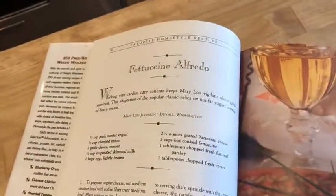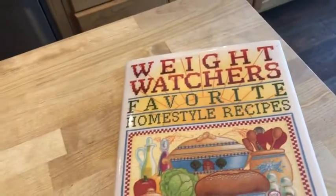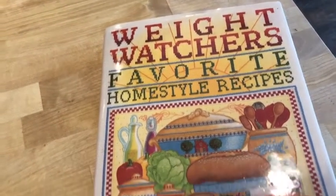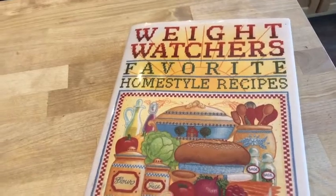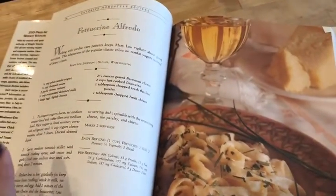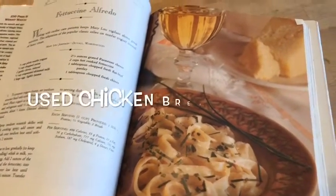Now let me show you something that I'm gonna be making a little later on today. I found this fettuccine Alfredo recipe in here. It is, sorry about my kids yelling at each other there, Weight Watchers' favorite homestyle recipes. I found this at my favorite thrift store, and I am trying to find some hubby-friendly recipes, and I thought he would really like this one. So I think what I'm going to do is make this fettuccine Alfredo with shrimp later for him for dinner,